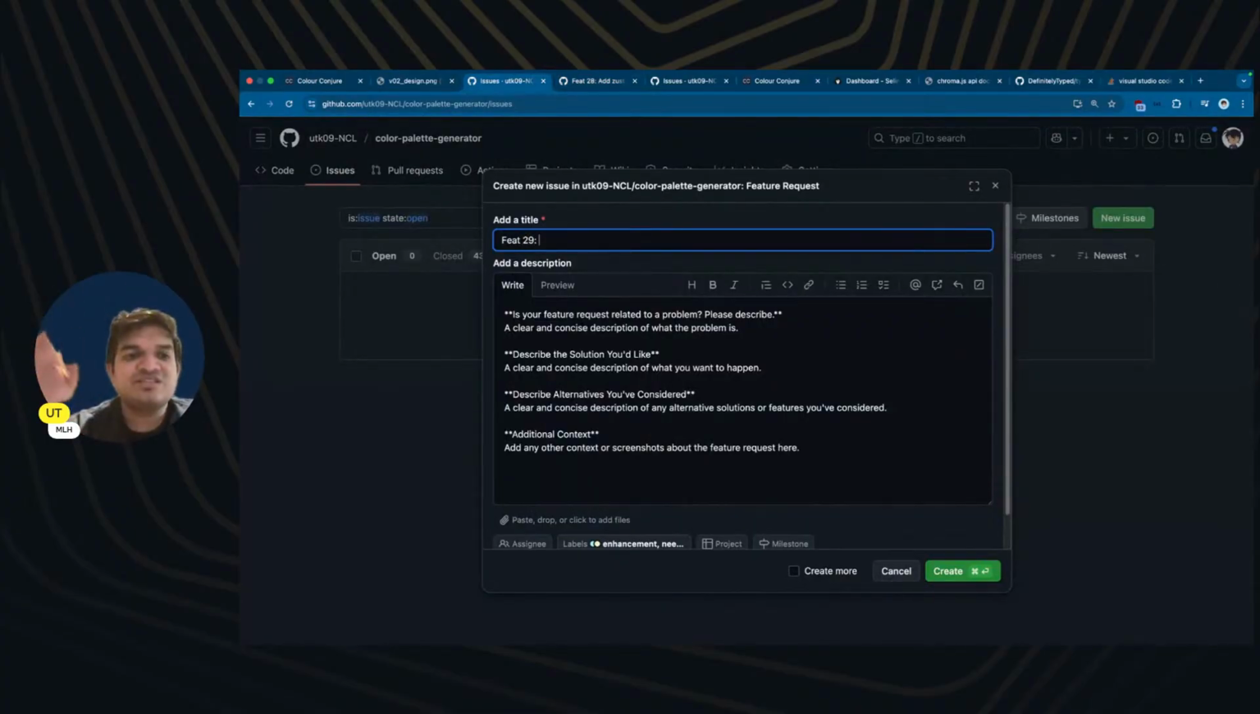So anyone who raises, like from you all, if you raise a feature request, you don't have to give it a number. I will give it if it is approved. Normally, I also put a label saying this is under discussion. If it is under discussion, let's say feature 29,